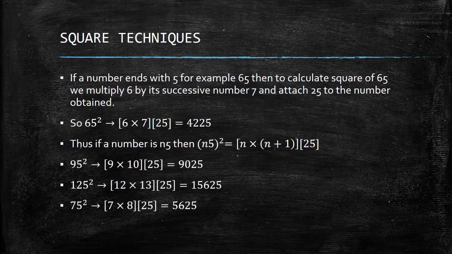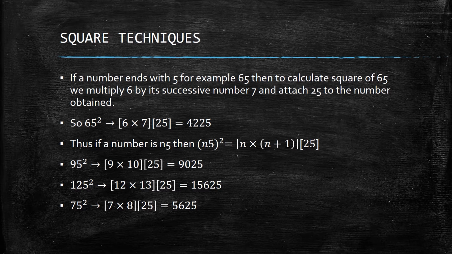Now, let us take a look at a trick that helps you calculate square of any number that ends with 5. For any number ending in 5, to calculate its square, we take the number remaining without 5 from the unit place and multiply it by its successive integer. To the result obtained, we place 25 at the end of it. So for example, if we have to calculate square of 65, we remove 5 and are left with 6. We multiply 6 by its successive integer, that is 7, and get 7 multiplied by 6 equals 42. To this 42, we place 25 at the end of it to get 4225,